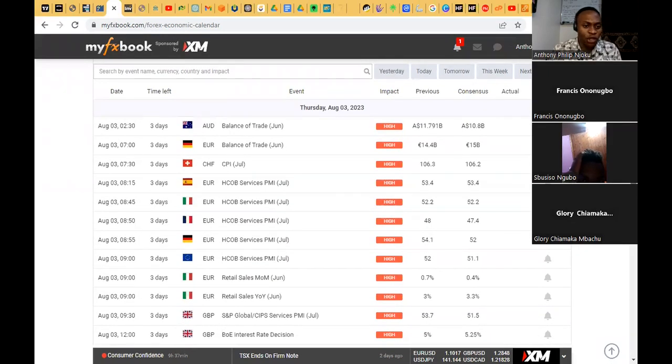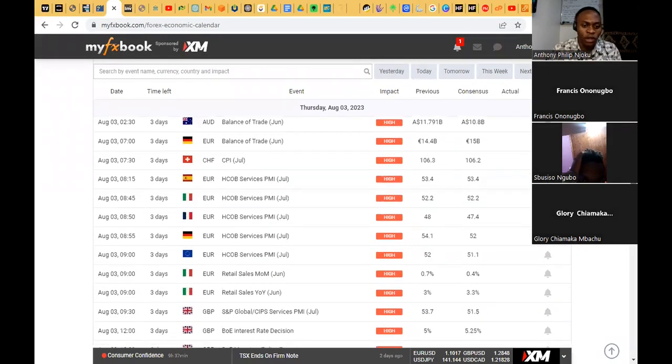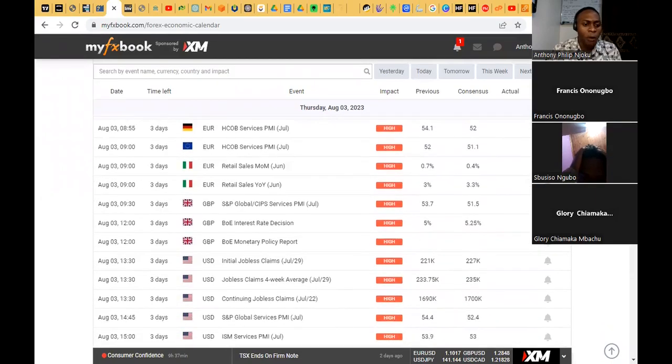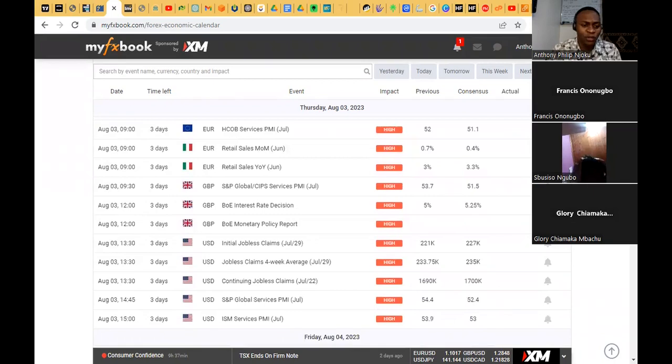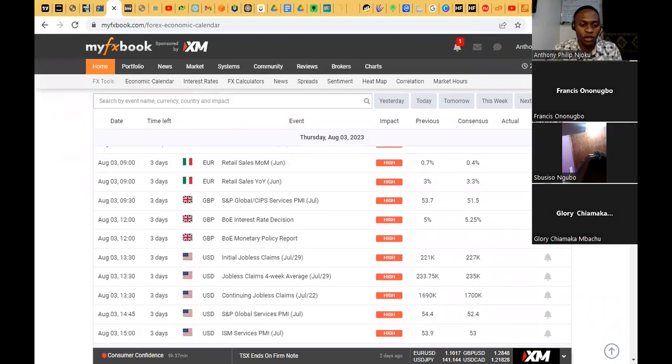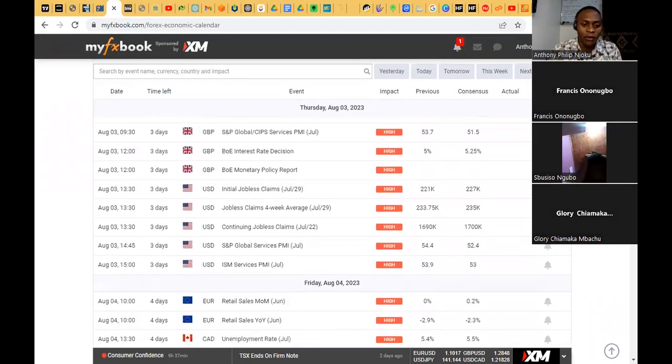Then balance of trade in the early London session. I will not be trading the London session as early as that. I'll be waiting for 11:30 to trade the Bank of England. That's my interest for that Thursday. I won't be trading anything else, Asian session or early London session. I'll be trading the end or mid London session, where it has a crossover with the New York session, by the Bank of England interest rate decision.